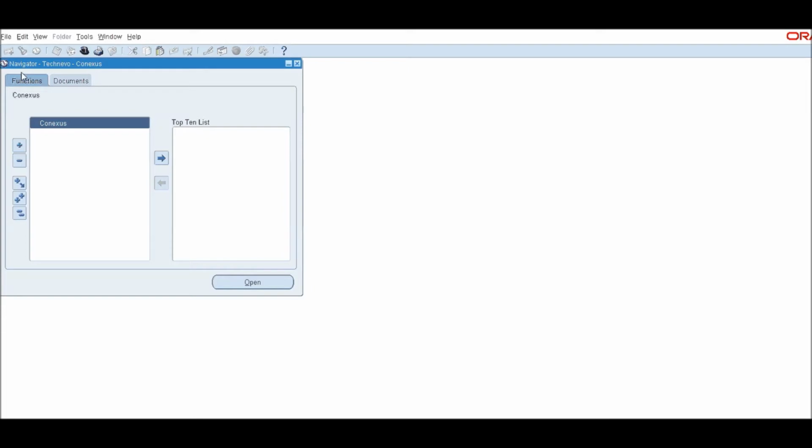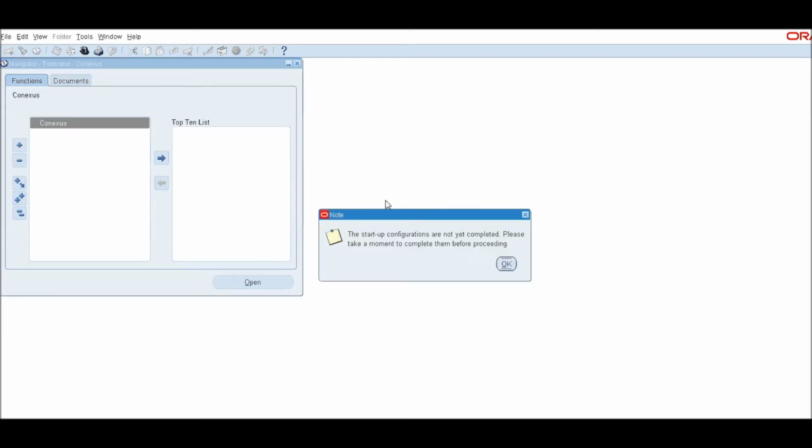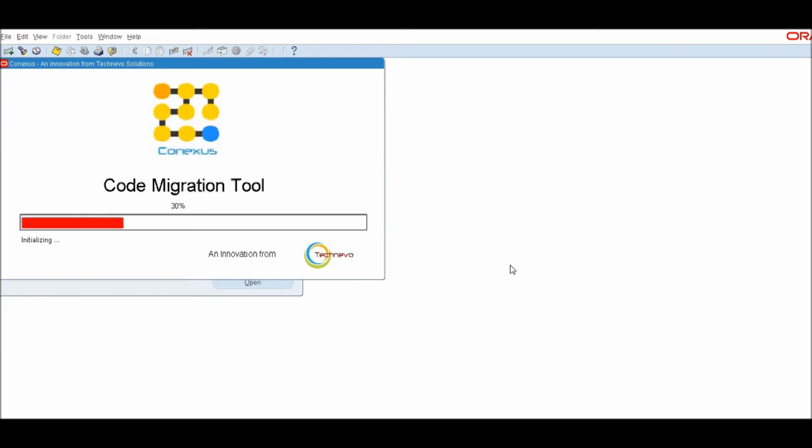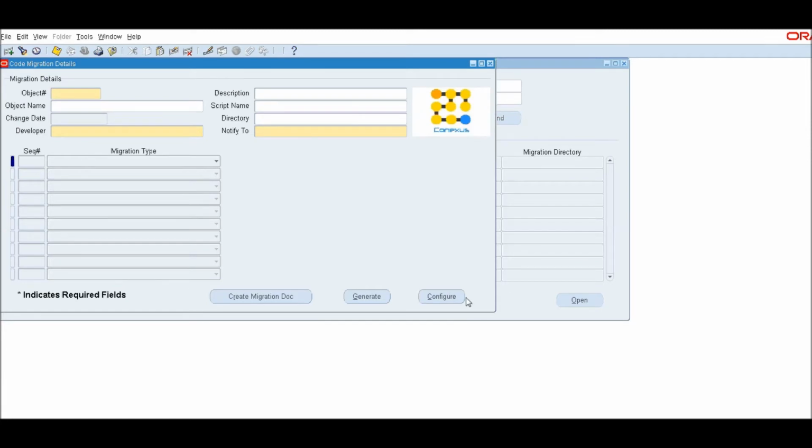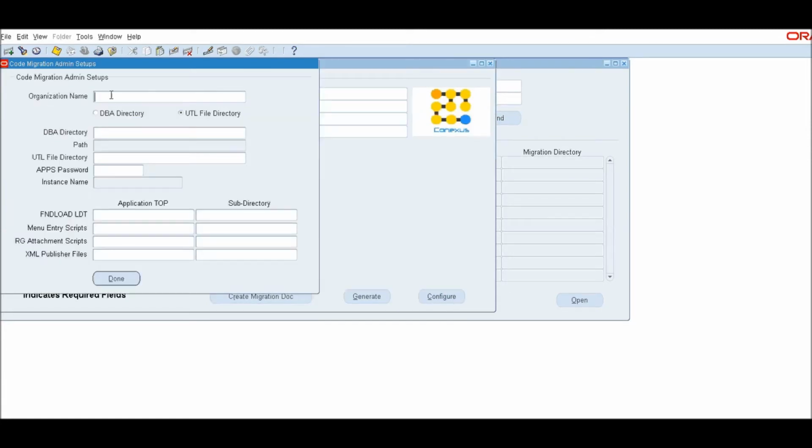So when you purchase Conexus, you get a custom responsibility, Technevo Conexus, which has access to the tool. The first time you open it, you're going to see a message saying that the configurations are not done, and that's normal. After the splash screen, you click on New, and then you hit Configure, and here you enter the